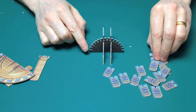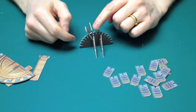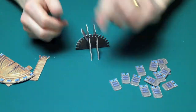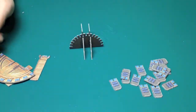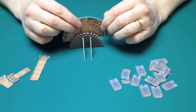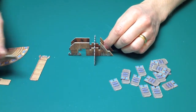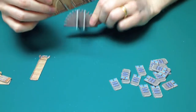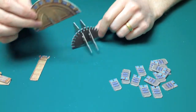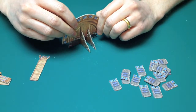So you've got all these slots here, which these little bits fit into, and fan all the way round. Now, you can either try and stick them all in now, or you can stick them in after. When I do it, I tend to stick them in after, so that I can make sure that these bits go in a little bit easier. But I think I've assembled it both ways before. So you take one of your big bits, and these are going to slot into these gaps just here. Okay, so you're going to put the first one in